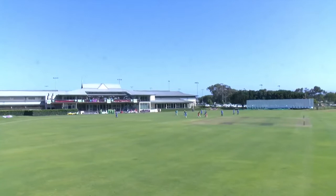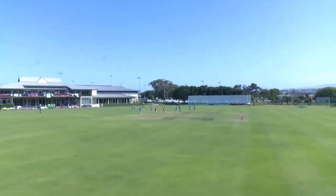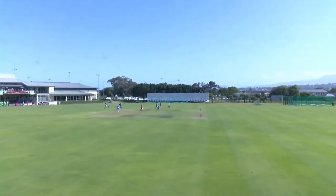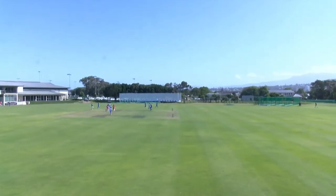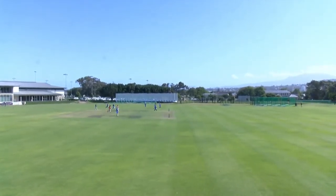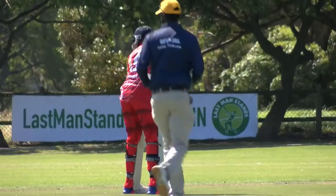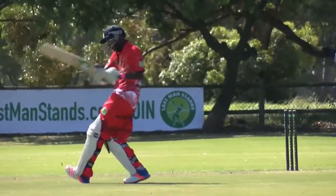Well, there we are, and here go the teams out into the middle, along with two umpires. In last man stands cricket at club level, at local leagues, there's only one umpire. He keeps the score electronically online, and the square leg umpire is usually the next man in. So Fulton's Flyers won the toss and very boldly put in the Langa team,